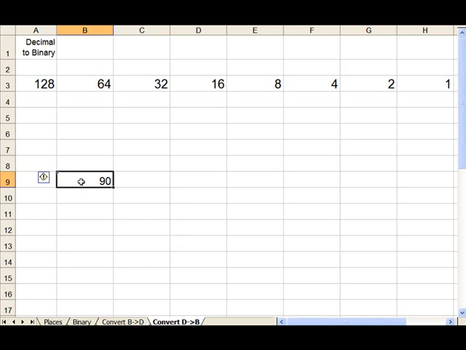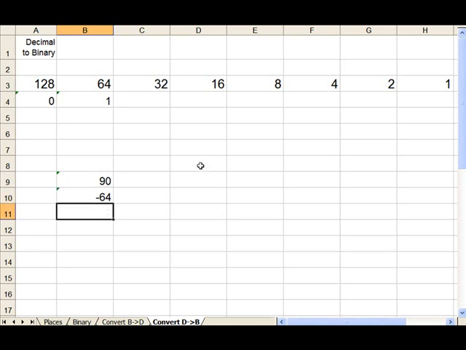So let's start out with the decimal number 90, and I want to know what is the binary representation of that value. So we're going backwards from the last example. So let's look at the value of the places and say how many 128s are there in 90? Well, there aren't any. So you can put a 0 there if you want, but it's a leading 0, so it won't have any impact on the answer. Well, is there a 64 in 90? Yes, there is, so we'll put a 1 there. Now, if this 1 represents 64, we have these places left to represent whatever's left over after the 64 is taken out. So let's take out the 64,